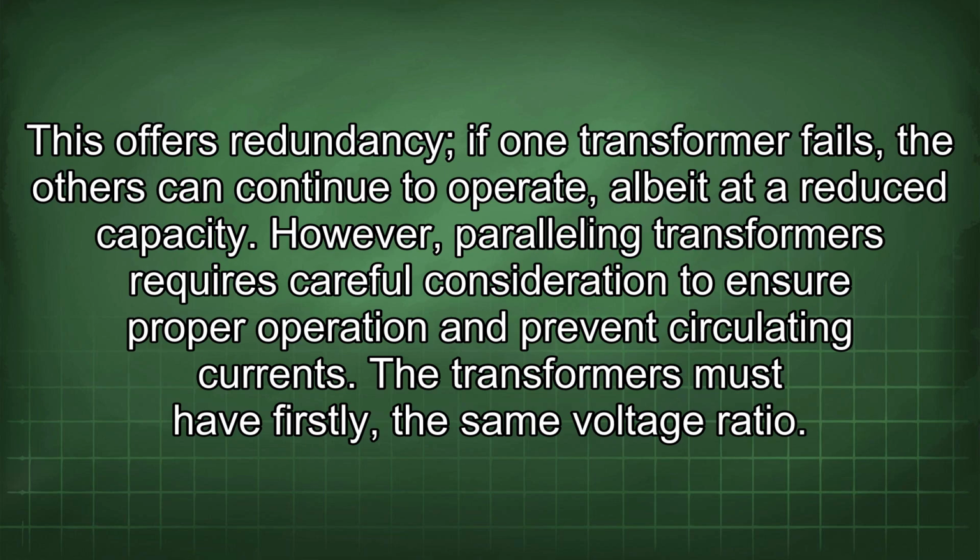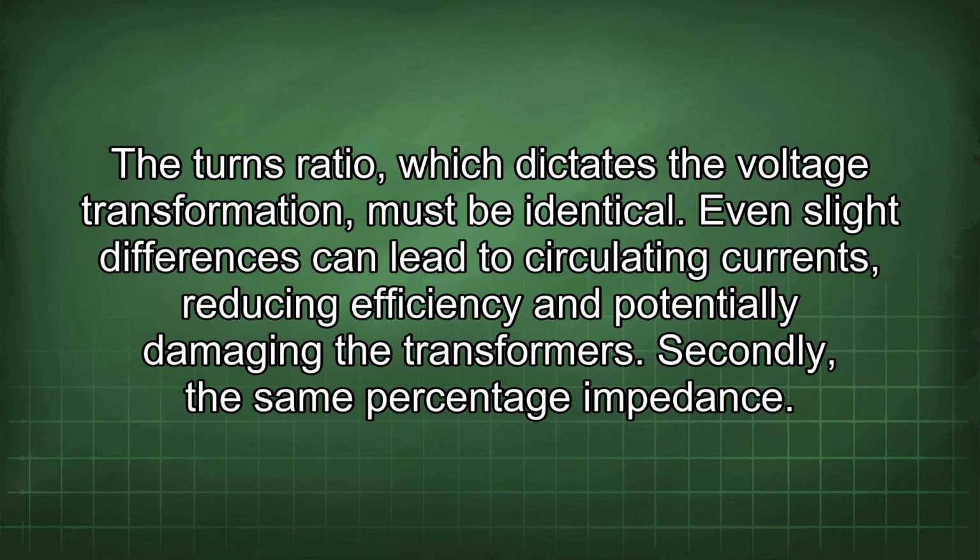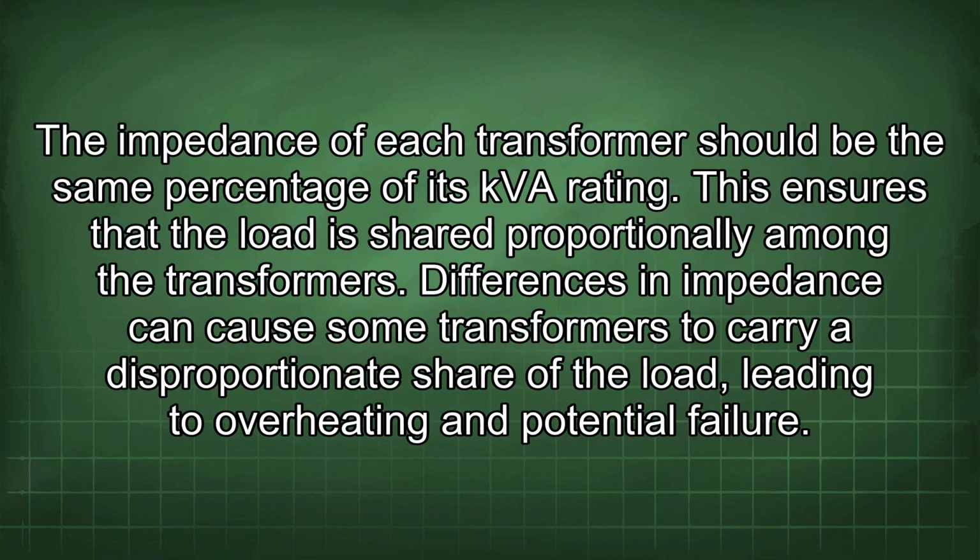The transformers must have, firstly, the same voltage ratio. The turns ratio, which dictates the voltage transformation, must be identical. Even slight differences can lead to circulating currents, reducing efficiency and potentially damaging the transformers. Secondly, the same percentage impedance. The impedance of each transformer should be the same percentage of its kVA rating. This ensures that the load is shared proportionally among the transformers. Differences in impedance can cause some transformers to carry a disproportionate share of the load, leading to overheating and potential